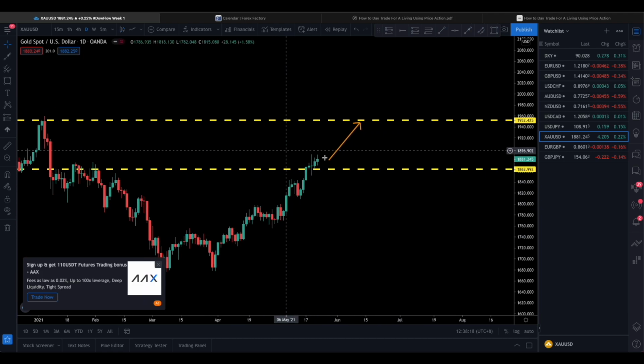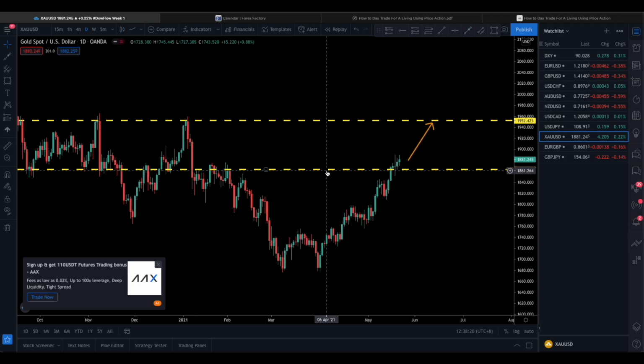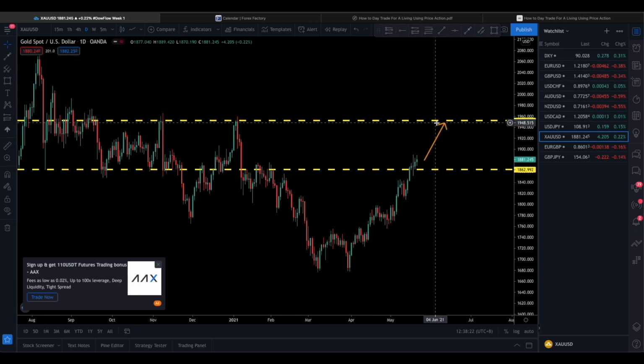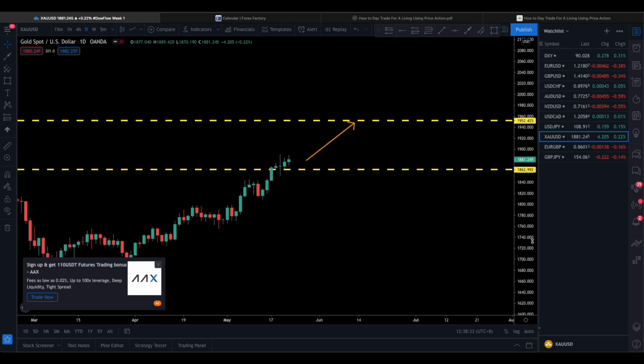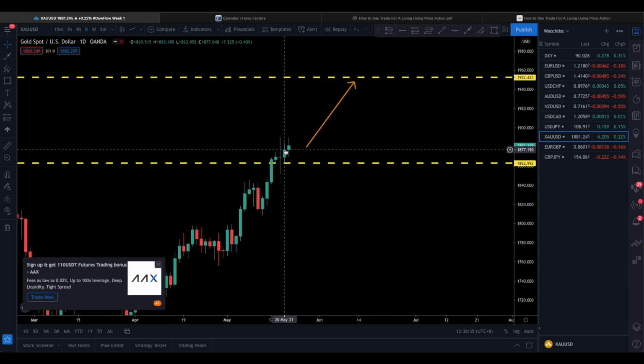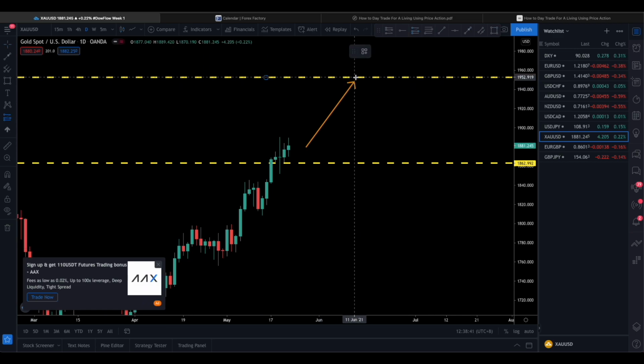Okay, so this is a very good level, and more importantly, I see that there's a lot of space. Space means that there's a lot of distance that price can travel before it encounters the next resistance level. Right here we actually have a bit of an engulfing pattern. This is a doji and this is an engulfing pattern, and because there's a lot of space to here,